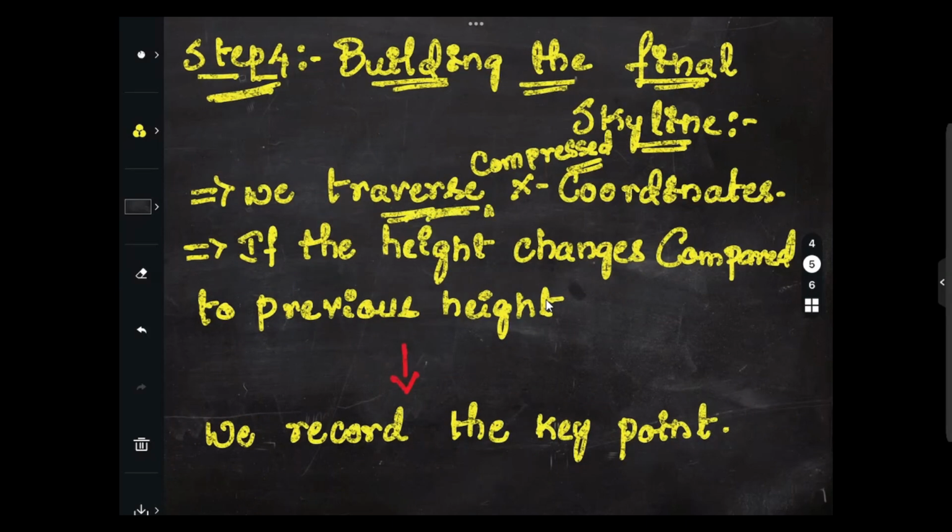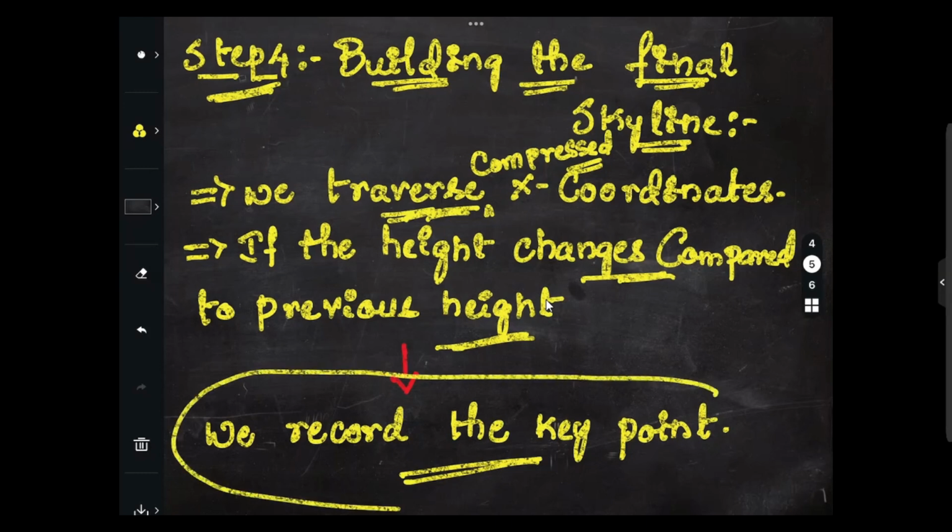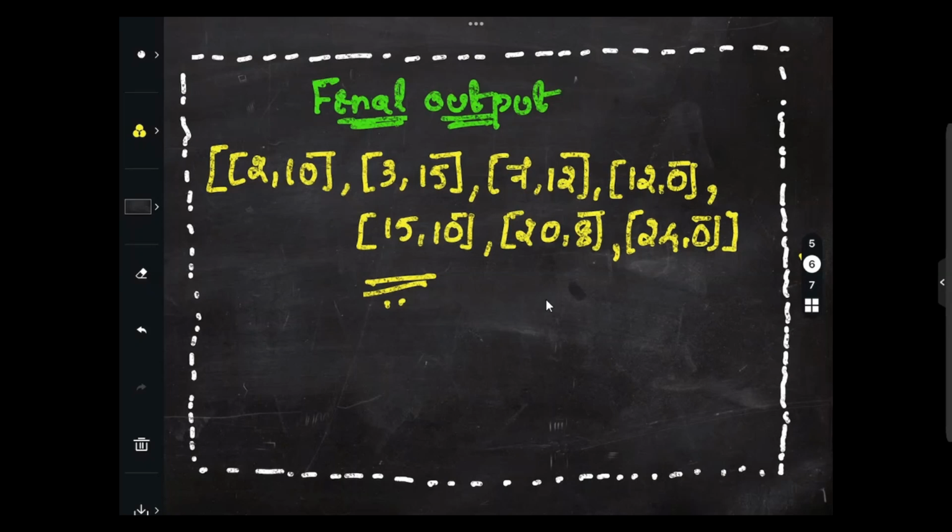So we will traverse the compressed x coordinates. If the height changes compared to the previous height, then we will record that key point. That's what we will be doing. This is very important. So the final output will be: 2 10, 3 15, 7 12, 12 0, 15 10, 20 8, and 24 0, after sorting